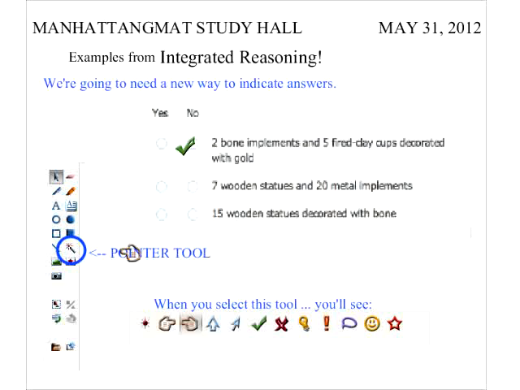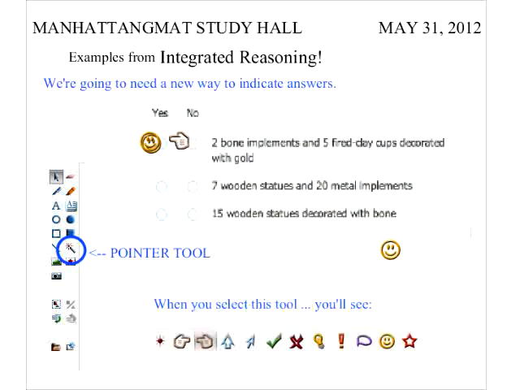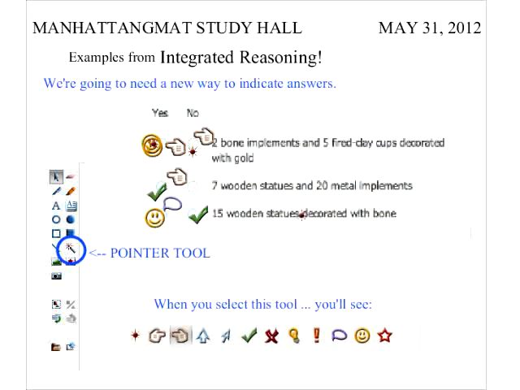So select this, and then pick any of these random pointers, and then everybody go ahead and point. To use the pointer, you have to click and hold it down. So everybody point at an answer choice. This is how we're going to do this. We're going to be pointing at answer choices. There's going to be a million billion pointers on the screen, but